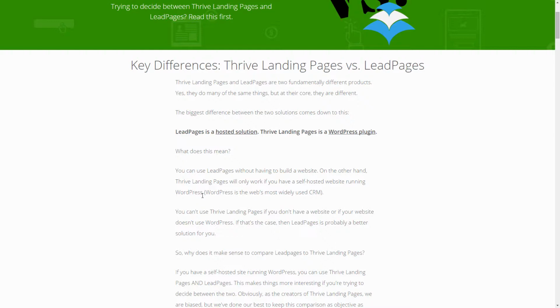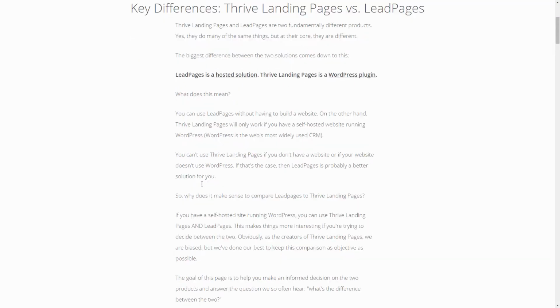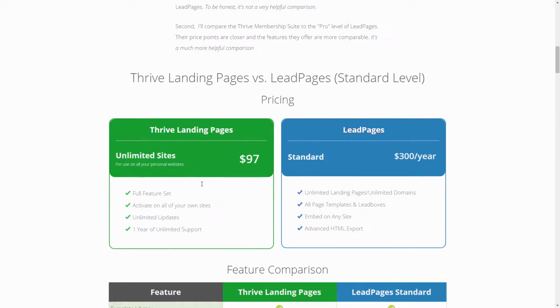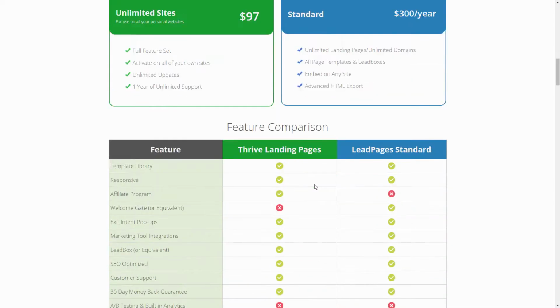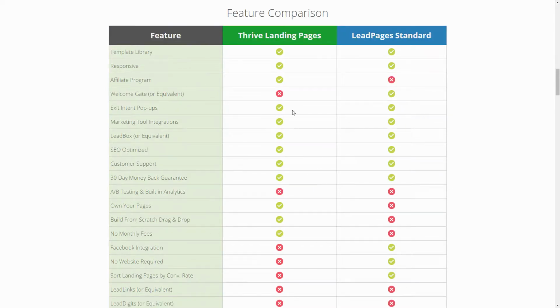So they go on to explain the differences here and why there's disadvantages and advantages to these things. And then they start to break down their pricing. With a standard LeadPages account, you're paying $300 a year. With unlimited sites with Thrive Landing Pages, it's $97 one time. So you're going to pay substantially more with LeadPages. And then there are some features that both do and don't have. They don't have a welcome gate with Thrive Landing Pages, for example. The affiliate program, you don't even get that with